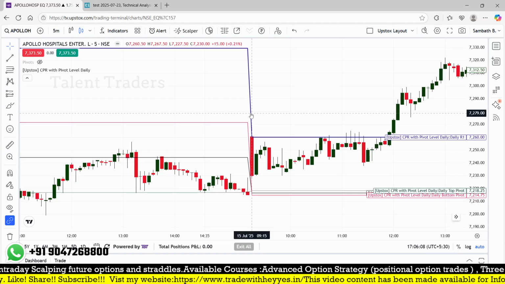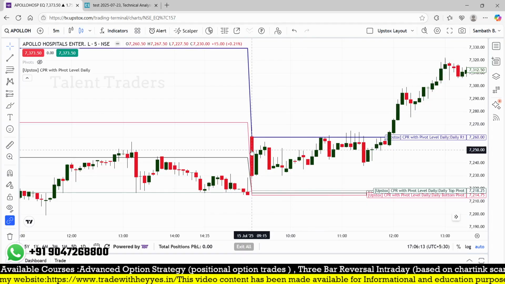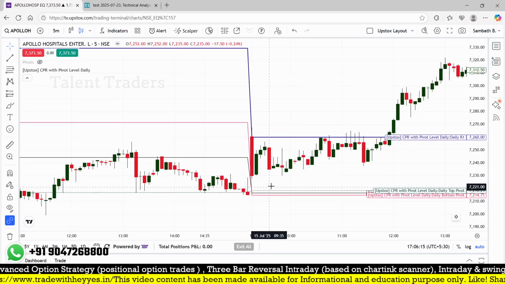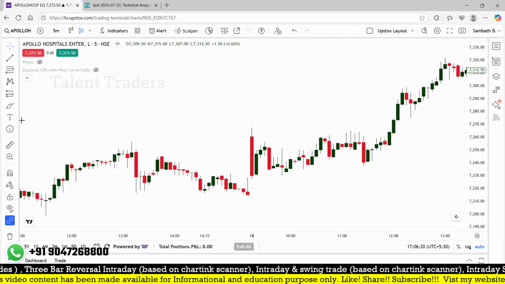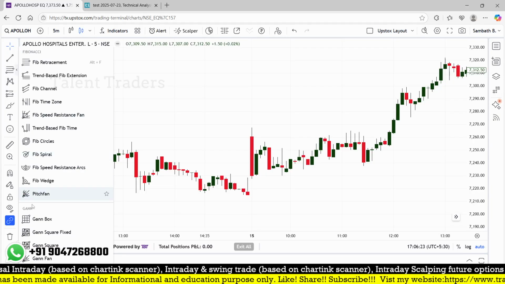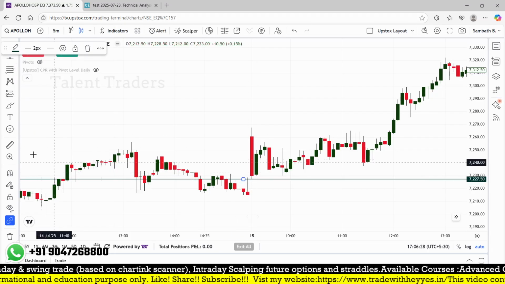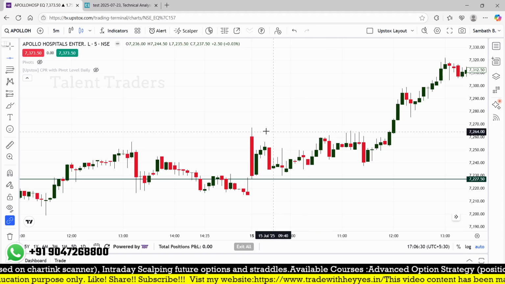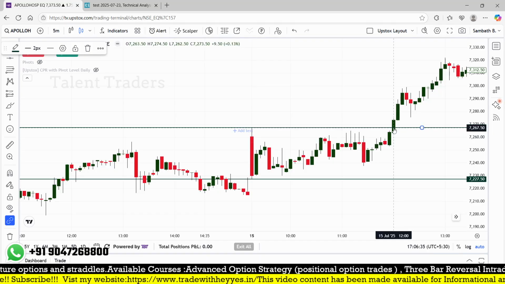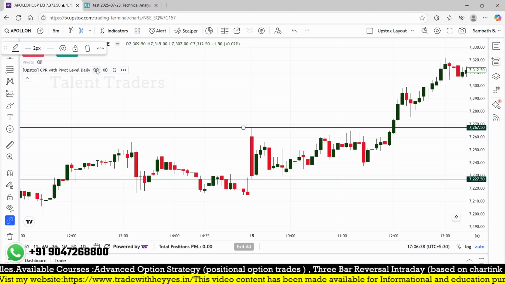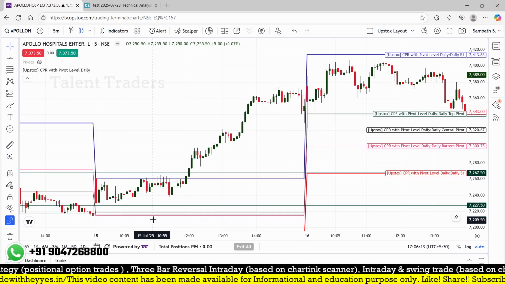So what is our condition? The stock should open above the level, and in the first 5 minutes candle it formed such a big candle. But if you look at this particular candle, it never breaks the high and low. So let me mark the high and low. Is there any opportunity created in this particular stock? The low of that 5 minutes candle never breaks throughout the day. But the high of this 5 minutes candle was broken by 12 o'clock. So it opened above CPR, and at 12 o'clock that broke,